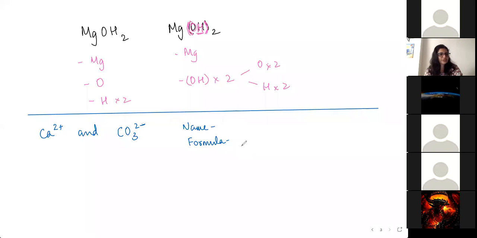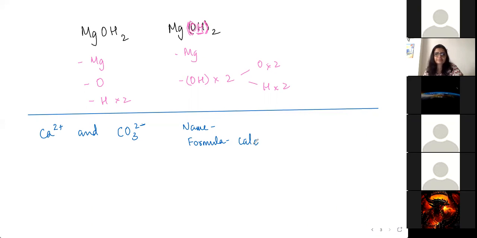Nice. Sujal has got the name correct. Samriddhi, you have 2 plus 2 minus, right? Same number, so it will cancel. Suhani got the name and formula both correct. Sujal has sent the name and formula both correct. Samriddhi, so there's that modification. Aryan got the name and formula. Ashka got the name and formula. Awesome. So name, all of you got it right. Wait, Swayam hasn't sent it yet.